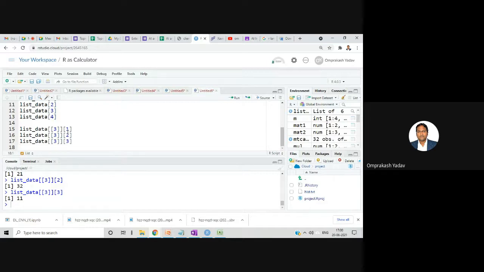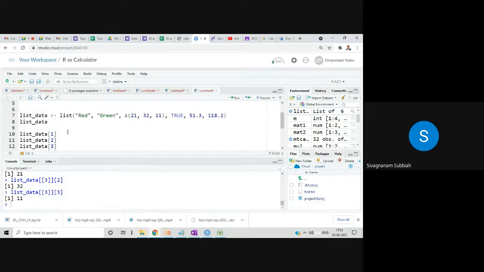Okay. Now let's say we can also combine list and matrices together, right? And line number 15, 16, 17. Yeah. We're addressing 3, meaning 3 is red, green, and the third item is an integer. That's why you're addressing it as 3.